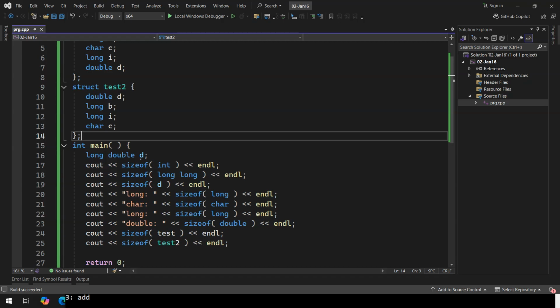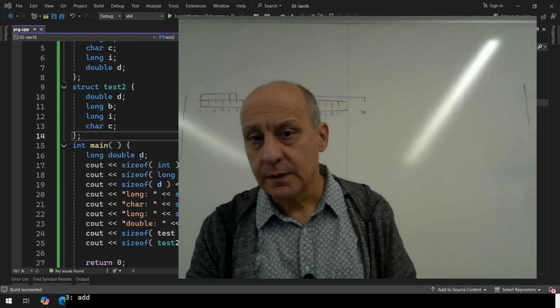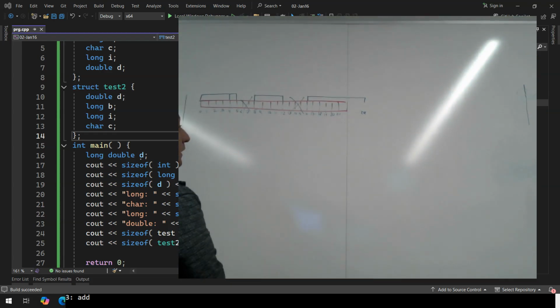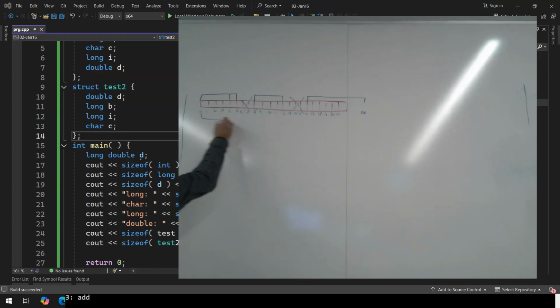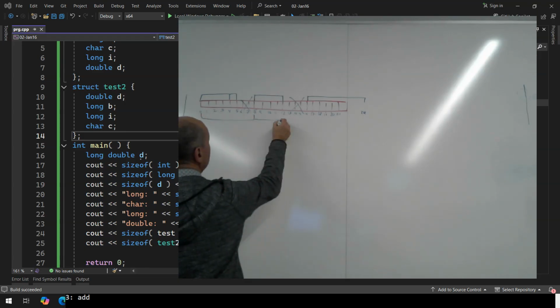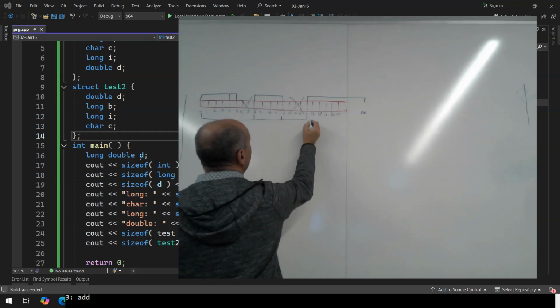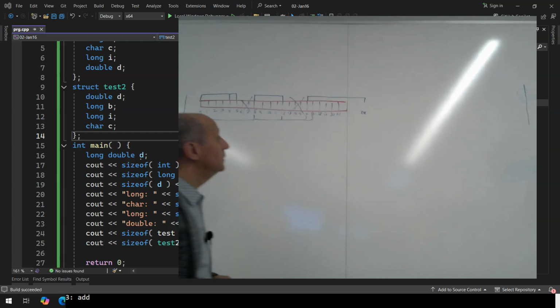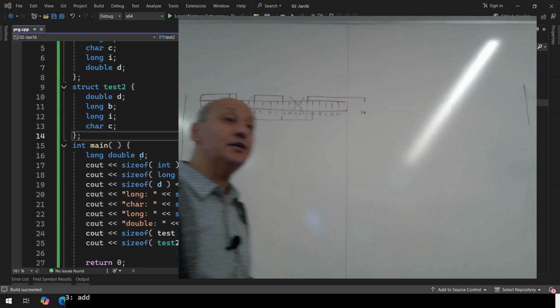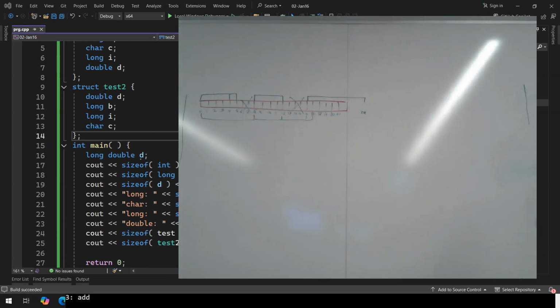Oh, where is it? So now, for the second one, I have a double first, right? And I have a long, and I have another long, correct? And I have a character, correct? Seems like everything's good, right? What if they want to create an array of test 2?